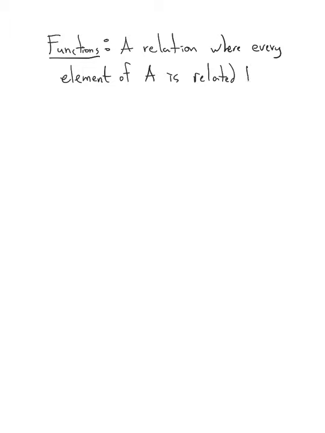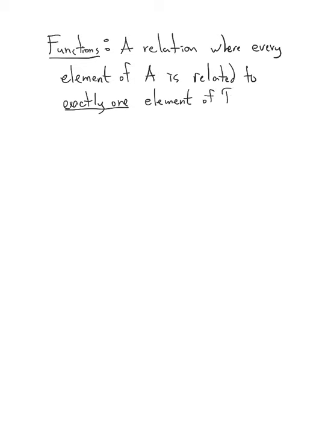So it's a type of relation where every element of A, and A is going to be the first set, the set on the left, is related to, and this is important, exactly 1 element